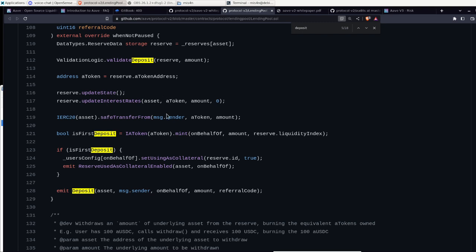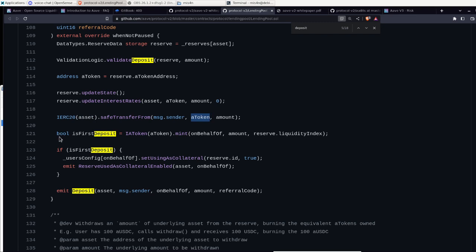Then we finally do the transfer from the sender of the token amount, so we are pretty much sending the asset from the sender to the A token smart contract.